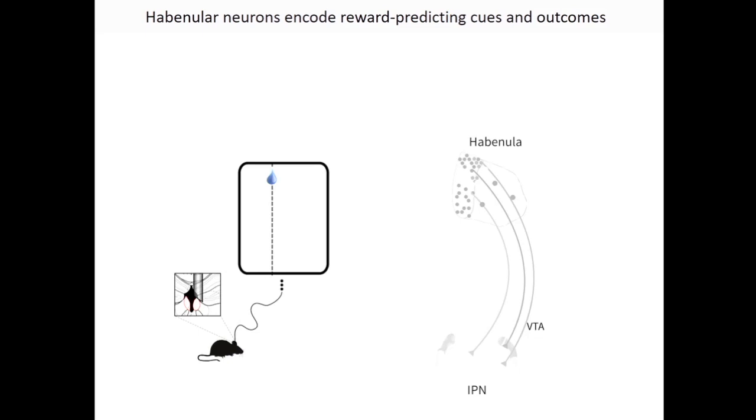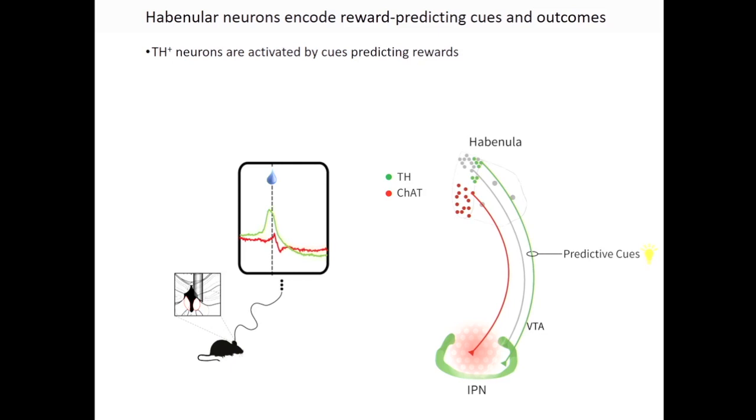So I just want to summarize the data I've shown you and then talk very briefly about what I'm looking at doing moving forward. I've shown you several different cell types in the habenula and this pathway that goes from the habenula to the IPN. Cholinergic cells don't seem to be significantly modulated by reward in this task. I didn't have time to show you the data, but I think this decrease is related to the movement in the unrewarded head entries. The Th cells, I believe, are responding to the cues predicting reward that ramp up activity as the animal approaches the reward port.